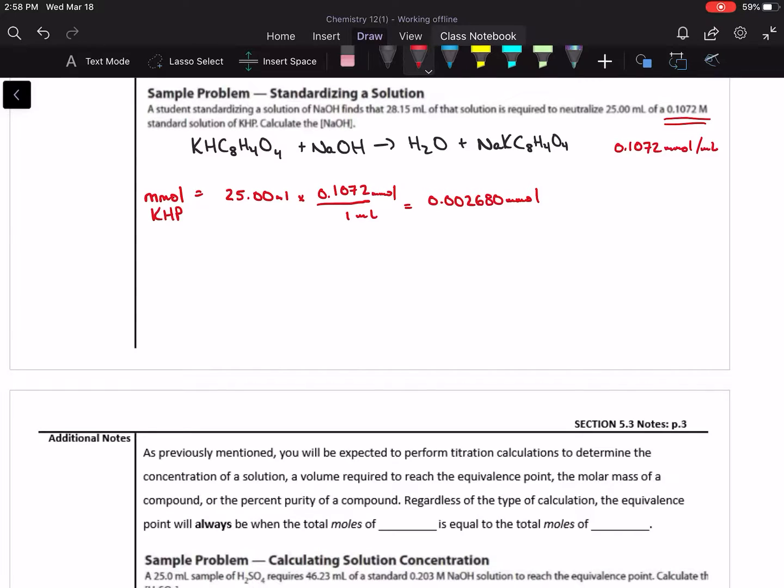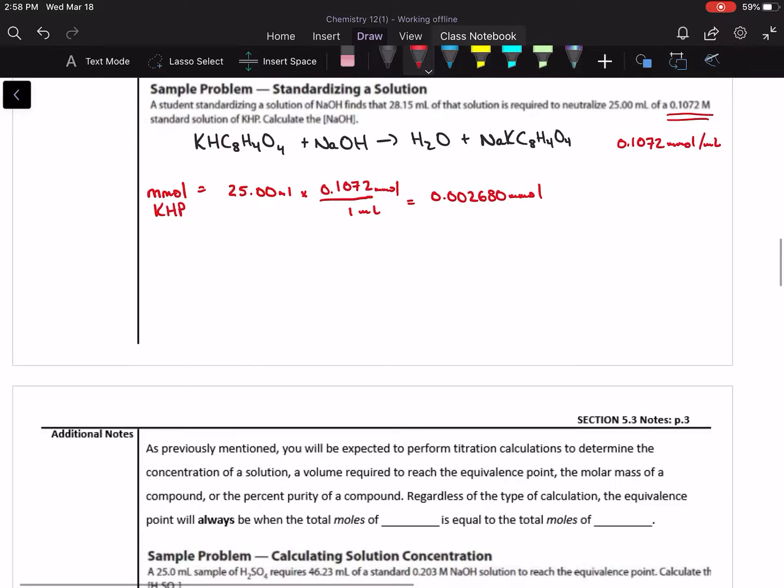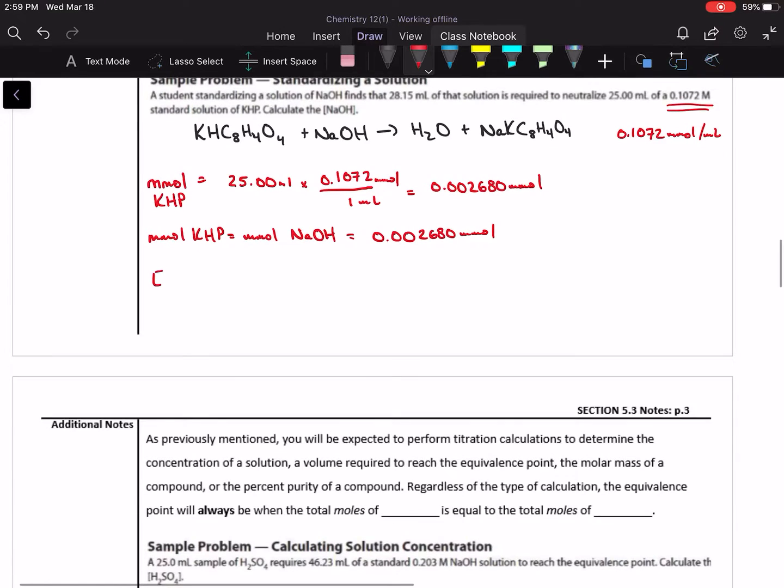And so at the equivalence point, the millimoles of KHP is going to equal the millimoles of sodium hydroxide because it is a one-to-one ratio in the reaction. And so our millimoles of sodium hydroxide is also going to be 2.680 millimoles. And so finally, our concentration of sodium hydroxide then would be